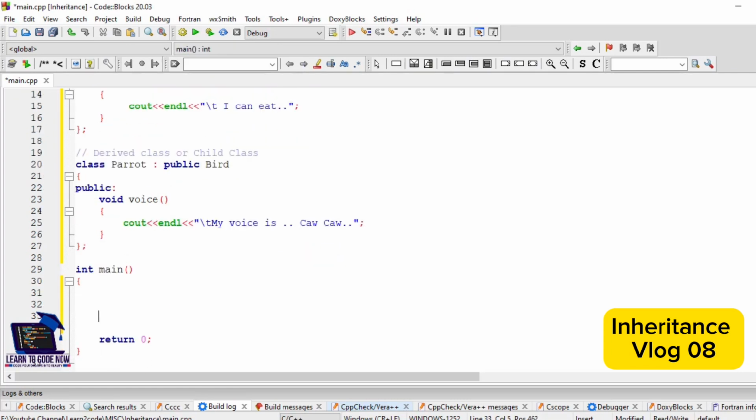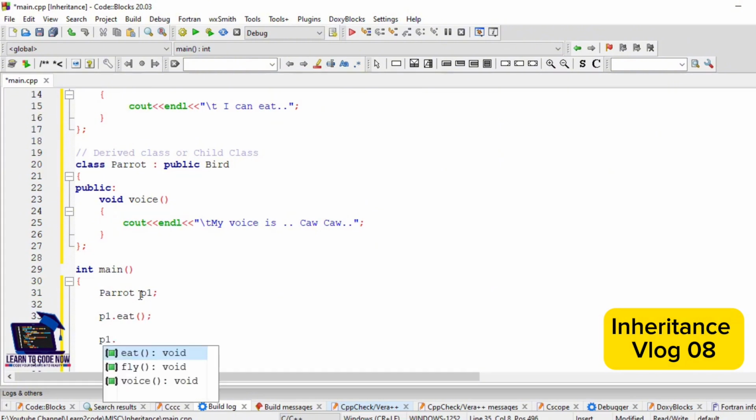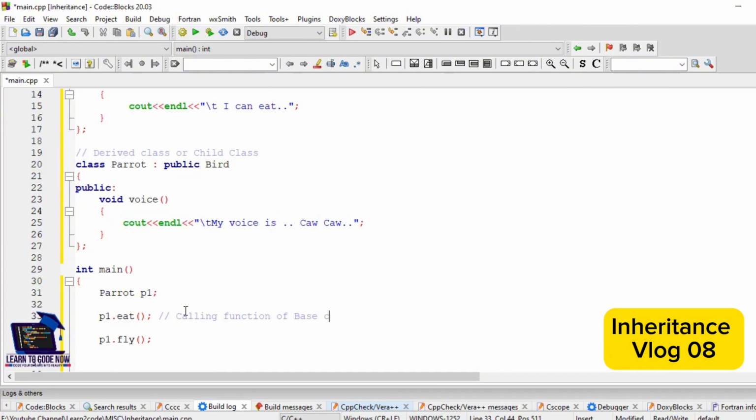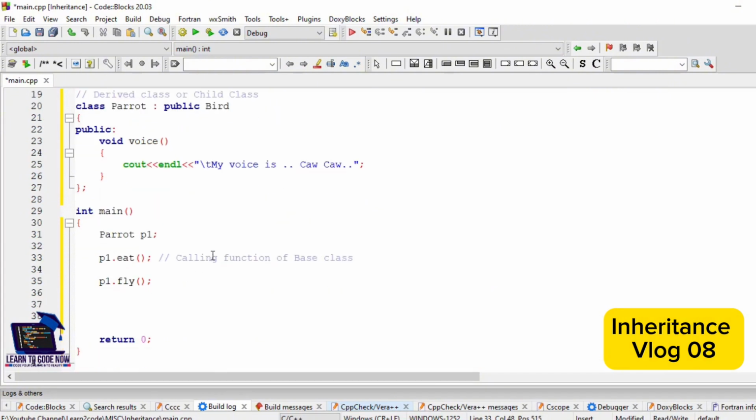So now we are creating an object of parrot class, parrot p1, and then we call base class functions from p1, p1.eat and p1.fly, and then we will call the voice function through p1. The eat function is a function from base class,